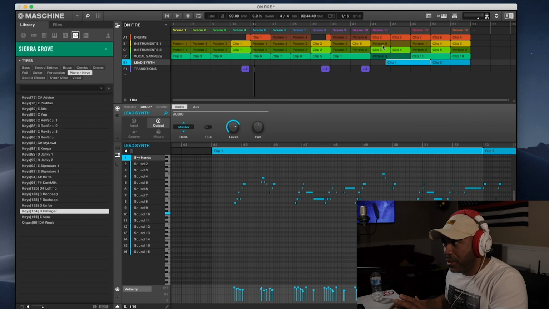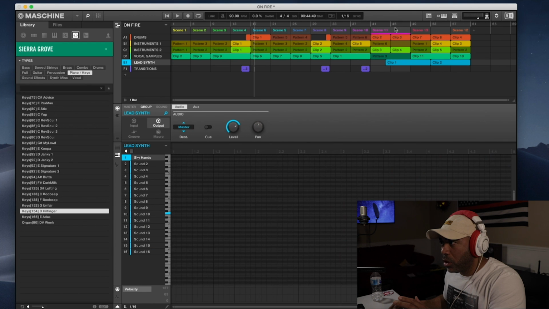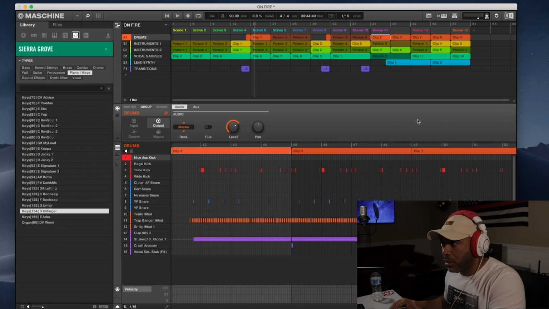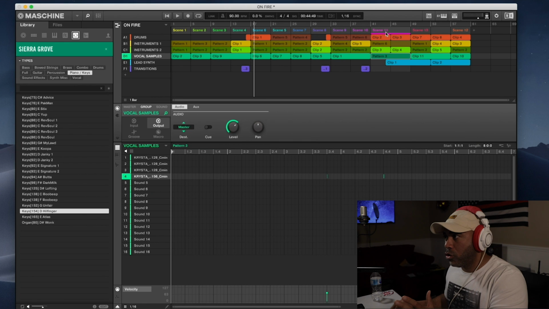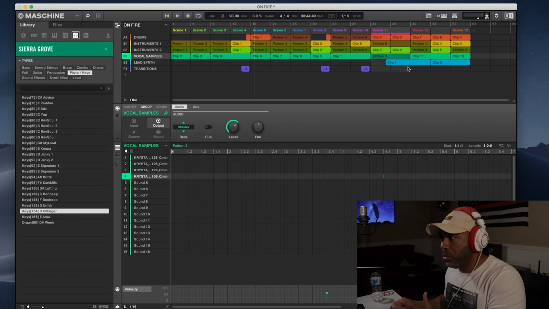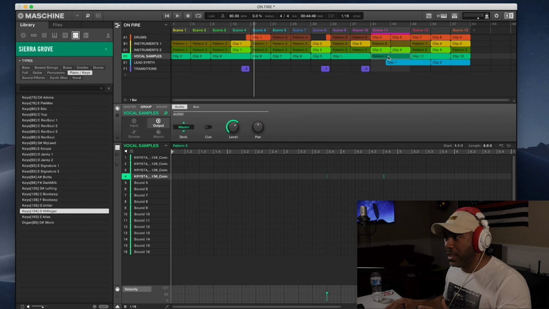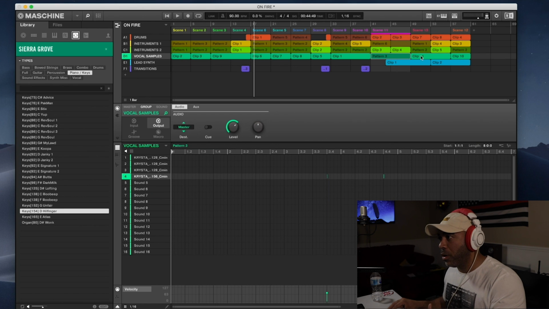What would happen is that you would create an instance like this, what happens here in scene 11, right? So you would have a pattern that was long, for instance, this one's 8 bars, but my drum pattern is only 4 bars. It would make the scene length super long, but say I wanted the drums to switch up as I'm going through the solo. You couldn't do that before. You would have to just basically make a pattern as long as your solo clip was and take stuff out,